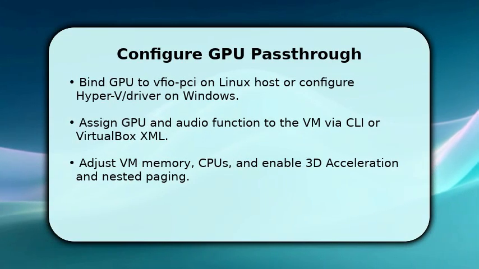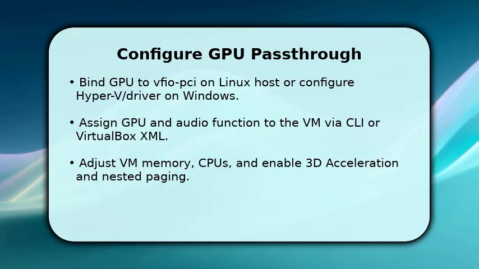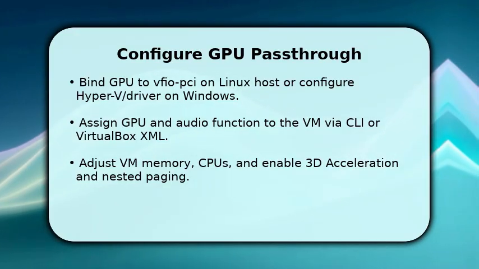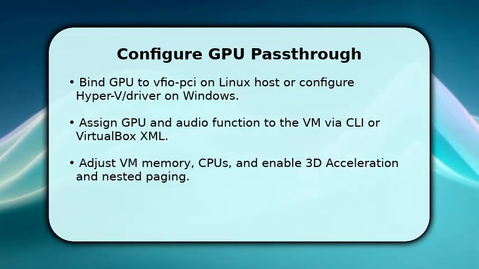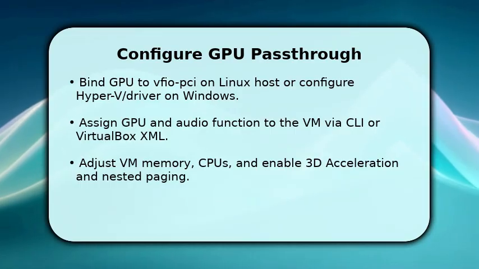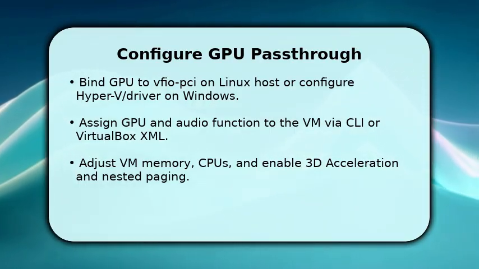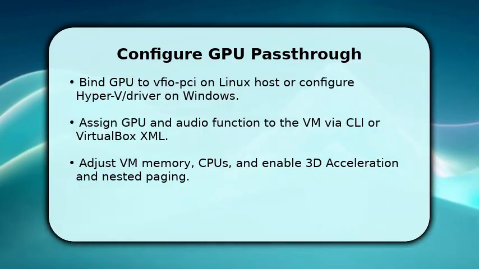Now you configure pass-through. On Linux, bind the GPU to vfio-pci. On a Windows host, follow driver isolation steps. Then edit the VM. Attach the PCI device or import VirtualBox XML entries that reference the GPU and its audio function. Once assigned, increase VM RAM and CPU cores to match the GPU workload and enable 3D acceleration and nested paging